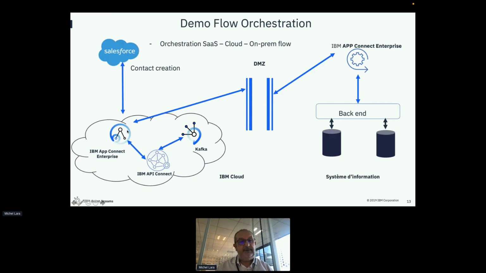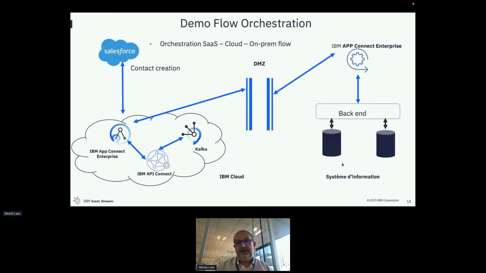Then if the name is different than demo, I will send this message to an ESB on-prem on my laptop, so it's on-prem, not on SaaS, on cloud, to write it in a file on my computer.